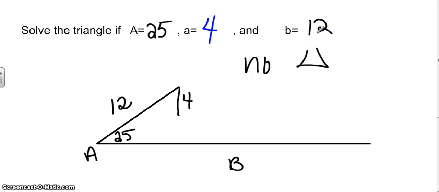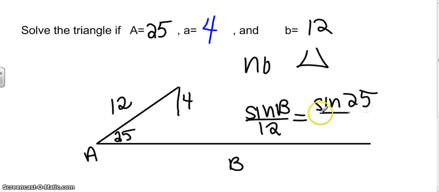If you set this up with your calculator, what you would do is try to find what this angle is, and you could say sine B over 12 is equal to sine 25 over 4. And what you're going to end up with is an error in your calculator. And the reason is because this side is too short and you're never going to be able to make a